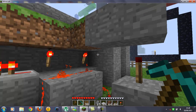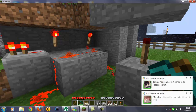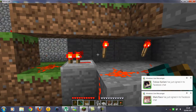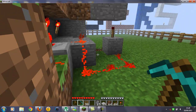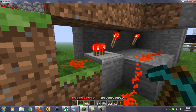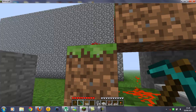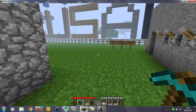Yep, and it's actually made by Zonky, but I kind of edited it a bit, so it's simpler. Anyway, I've done it this way. I've edited it here, so it's a piston pointing to this block where it connects to the top. So yeah,